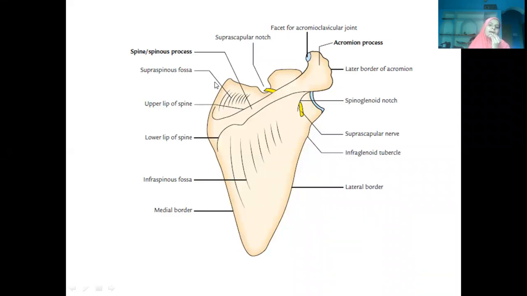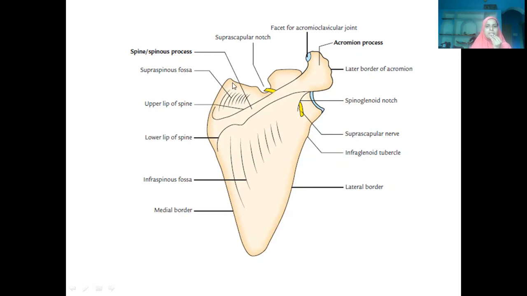So basically scapula has 3 borders, 3 angles and 3 processes. Now let us see what the 3 borders are. See, this border is near the midline, that is the vertebral column, so this is the right scapula displayed here. Since it is near the vertebral column, you call it the medial border. This is near the upper limb, so this is the lateral border. This border is above, so you call it the superior border. So how many borders have we seen? 3 borders: medial, lateral and superior.